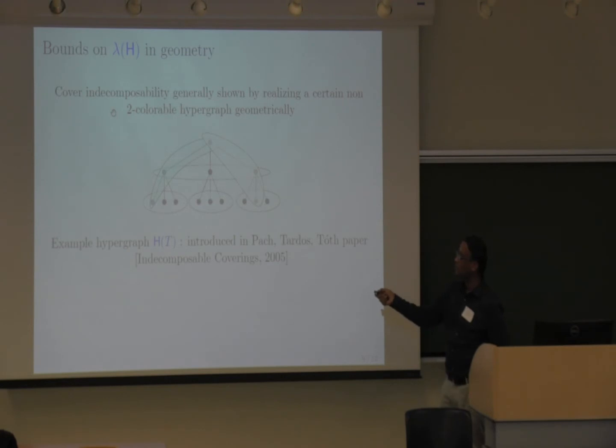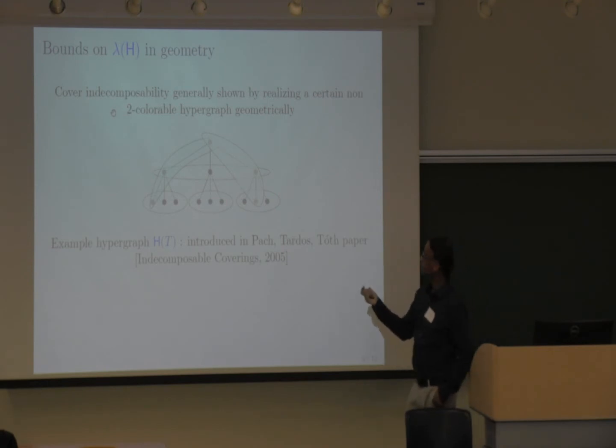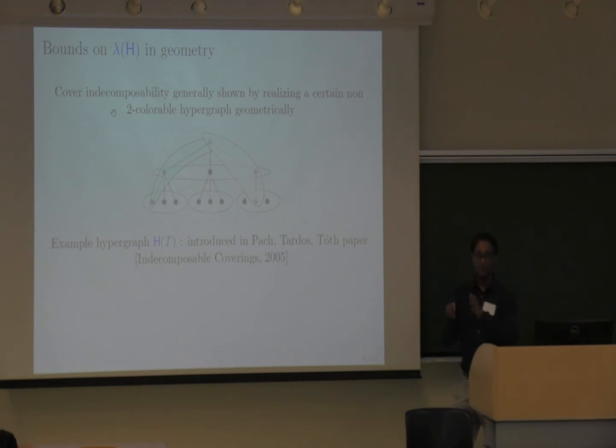So one are the sibling hyperedges, which are just all the children of an internal node. And the other are the hyperedges defined by root-to-leaf paths. And it is actually easy to see that this hypergraph is not 2-colorable for any tree. So in their paper, Pach, Tardos, and Tóth realized this hypergraph for a specific kind of regular trees by